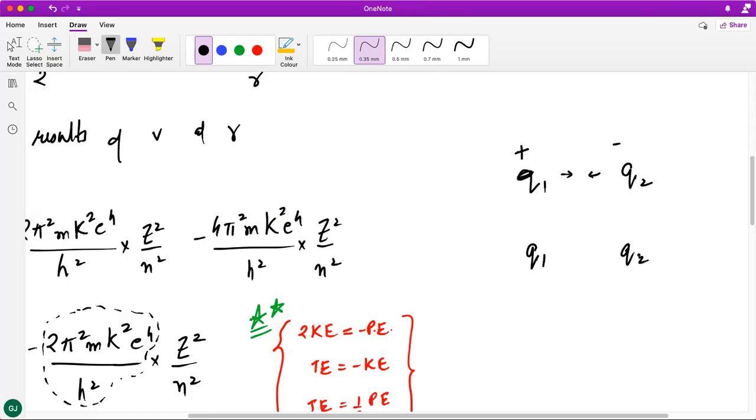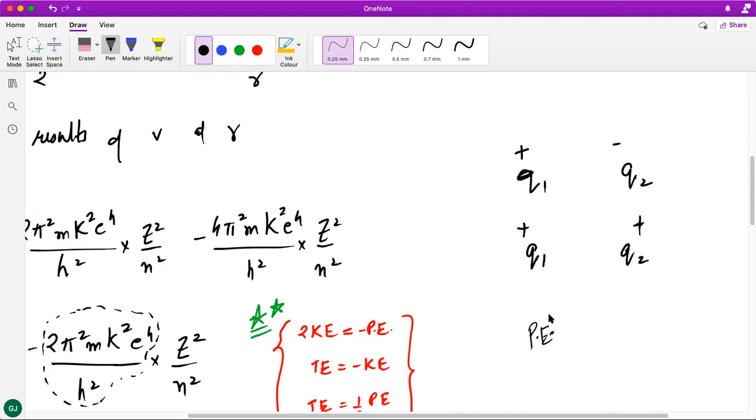If there are two charges which are of the same sign, then to bring them close, we will have to do work because they will be repelling each other. So we understand this concept that like charges repel each other, opposite charges attract each other. Now, notice that